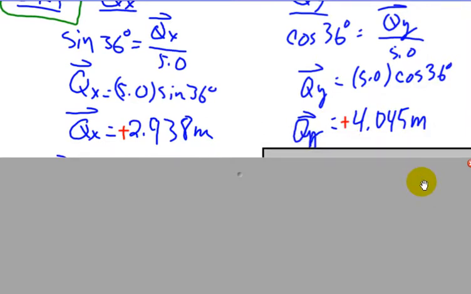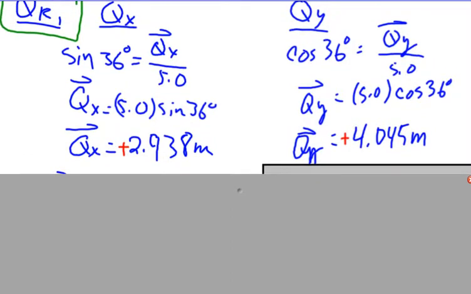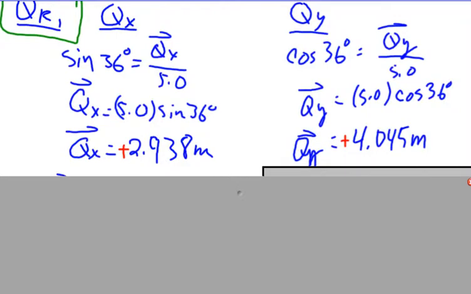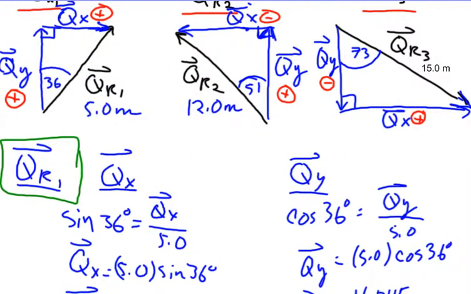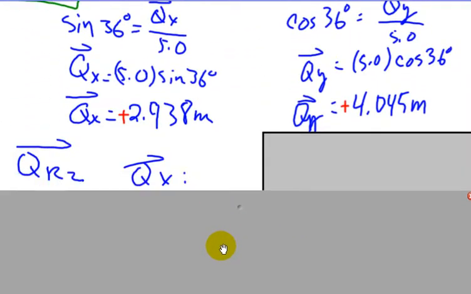And that works out to be plus 4.045 meters. So we have to do that for each of the vectors. It's a little bit of work, but it's a mathematical method, and everyone should have the same answer when all is said and done. Looking at the second vector,